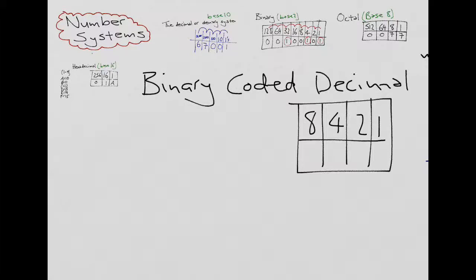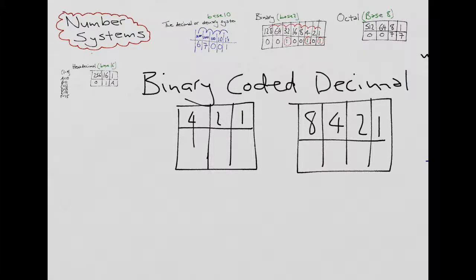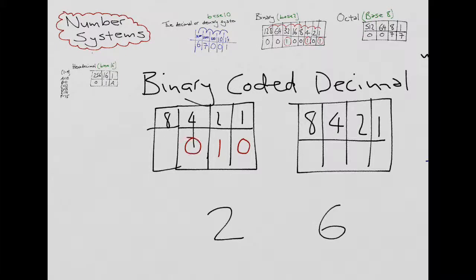That will represent the second digit, and in the same way the first digit will be represented in this block of 1, 2, 4 and 8. So if I wanted the number 26, I'm going to get a 2 in this one, which is going to be 0 8s, 0 4s, 1 2, 0 1s, and I want a 6 in this one, which is going to be 0 8s, 1 4,